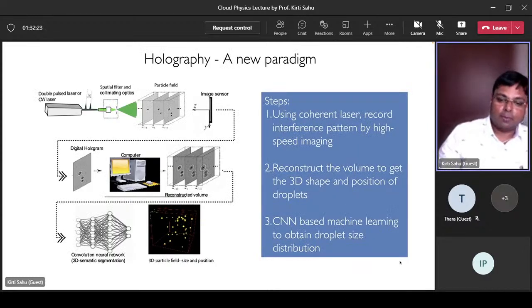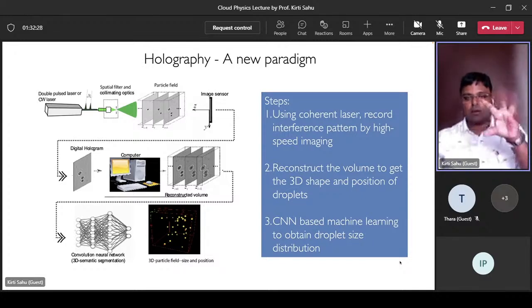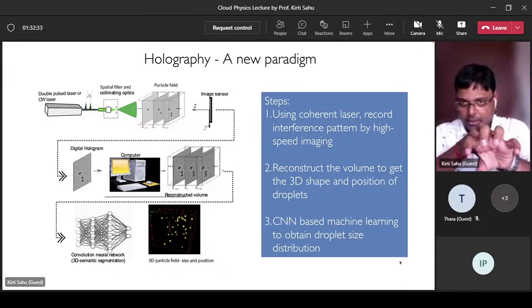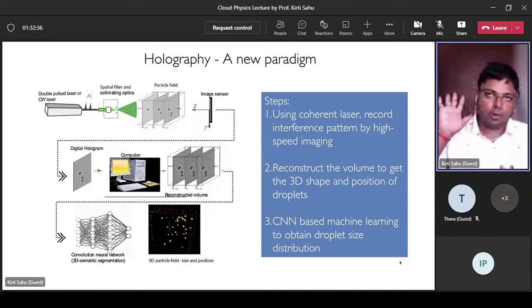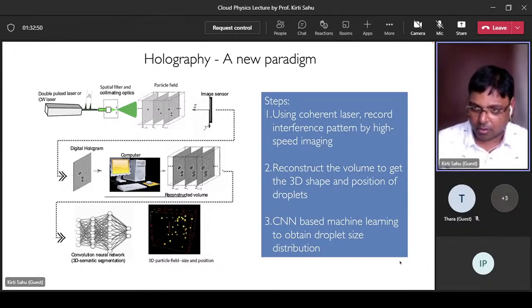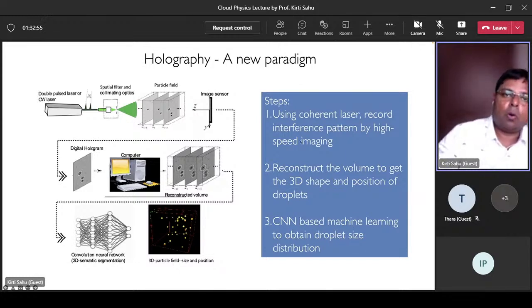For example, if we have a droplet, and let's say there is another droplet at the back, and we are taking a photograph, a picture, you will not be able to see the drop which is behind, right? So thereby we calculate the wrong number of droplets present after fragmentation. So holography is a new technique, a new paradigm